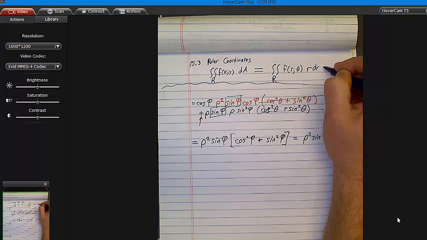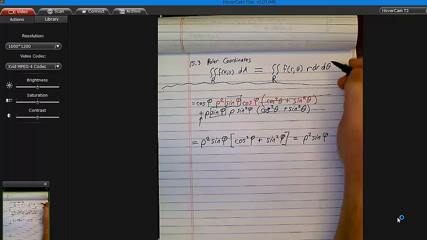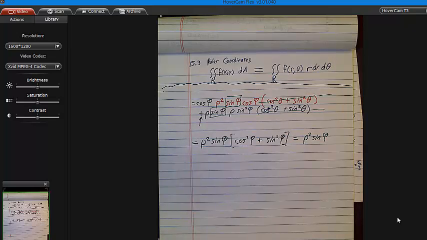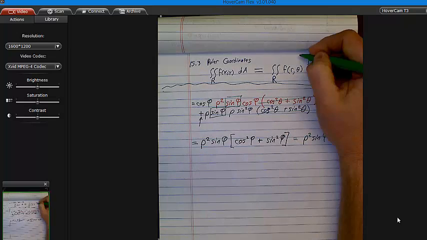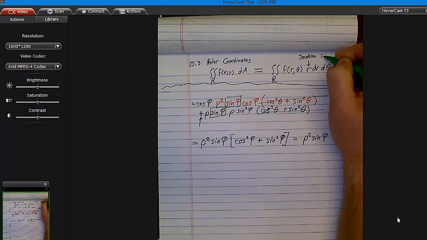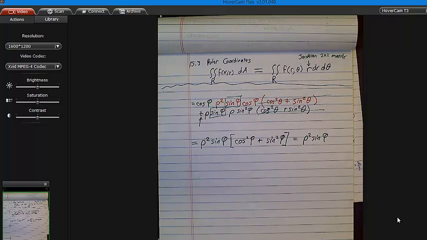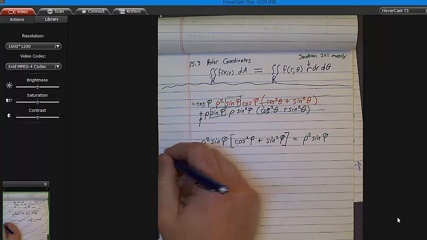R dr d theta. I guess the point was, this R is the Jacobian of some 2 by 2 matrix. Okay? Well, you guys also asked me today to do an example of a